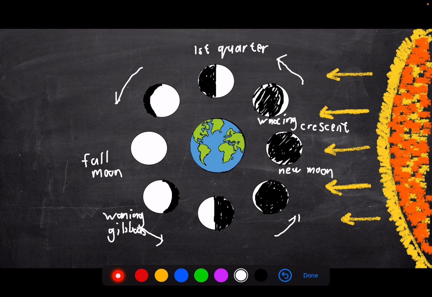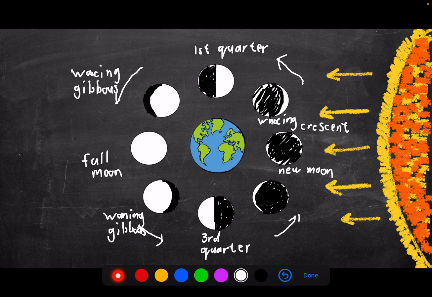After first quarter, we have waxing gibbous. I'm going to put it here because of space. Well, no, N doesn't have a dot. Okay, waxing gibbous. You have a gibbous of a face, sir. Waxing gibbous, full moon, waning gibbous, third quarter,